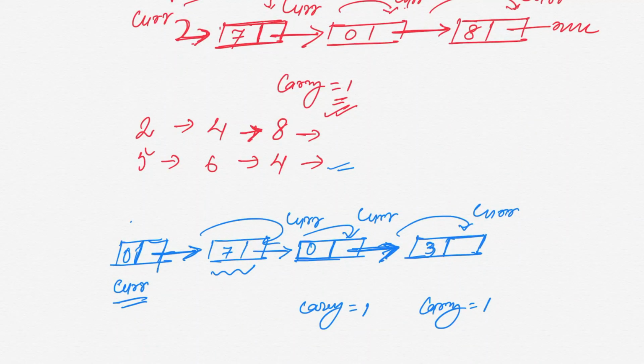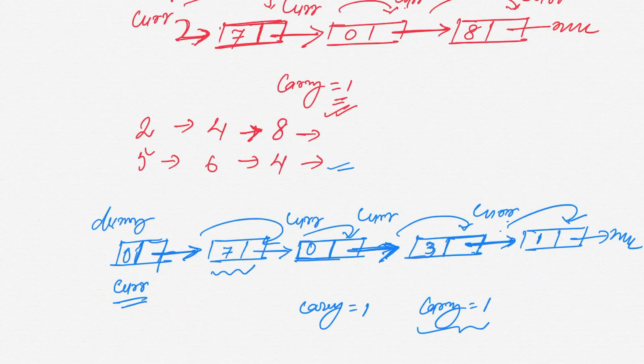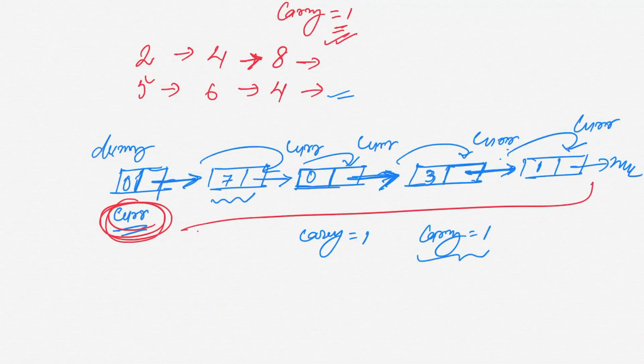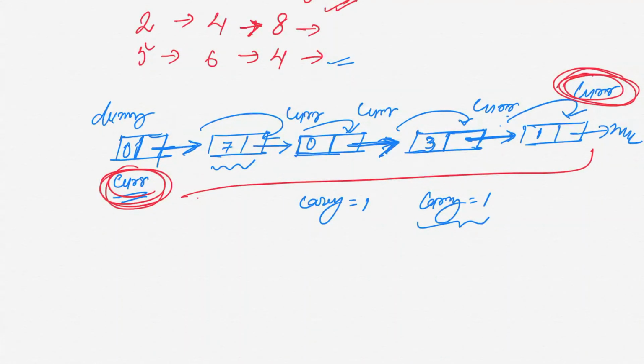So in this scenario, if you see that still we have the remainder, and this remainder we need to add here. Create another node with the remainder and add this, which is pointing to the next, and now current dot next becomes next, and move current here. And our final result will be, because initially the current we have declared here, now it's moved to this location. Okay, but we cannot return the current as a result.